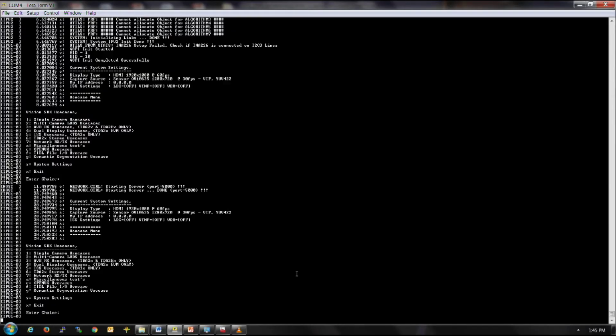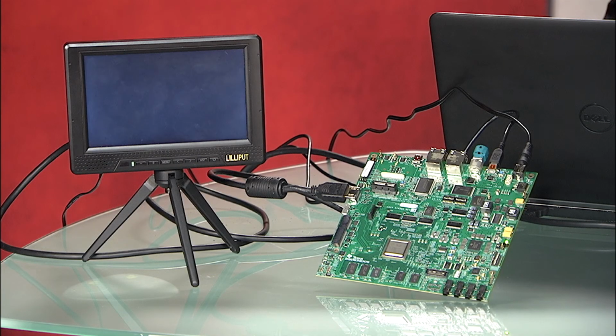For this demonstration, we are going to select option G. Option G is labeled as the semantic segmentation use case. This has no dependency on any other hardware along with the TDA2 EVM. As soon as we select it, it's going to load that deep learning network, load the data from the SD card, and start loading the use case. So let's select G and see what happens.